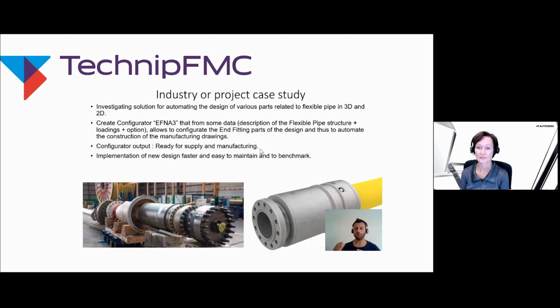We communicate with our database. We can get all the parts needed for this design, and also after calculation of this flexible pipe end fitting, we get all parameters, and with these parameters we can configure the design in 3D, and from the 3D design we automate the drawings for all parts in 2D for manufacturing.